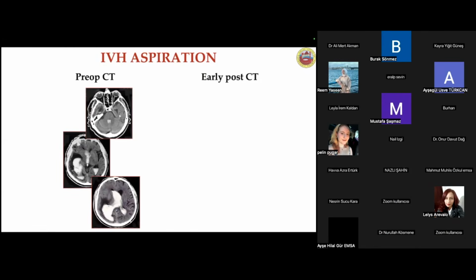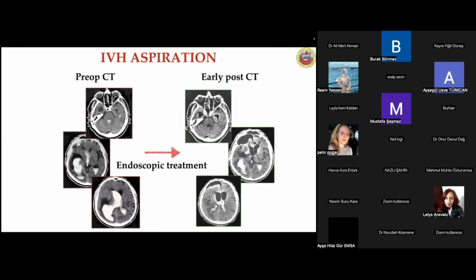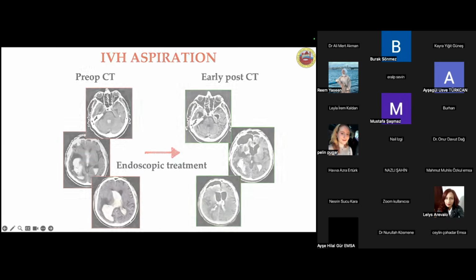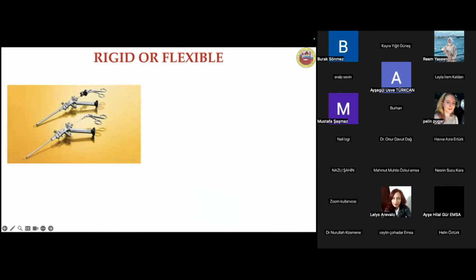This is a preoperative CT scan. And this is the immediate postoperative CT scan after direct active aspiration of blood clots from the ventricles using a flexible endoscope. As you can appreciate, it's possible to remove the blood not only from the lateral ventricles, but also from the third ventricle and also from the fourth ventricle. This can be obtained using